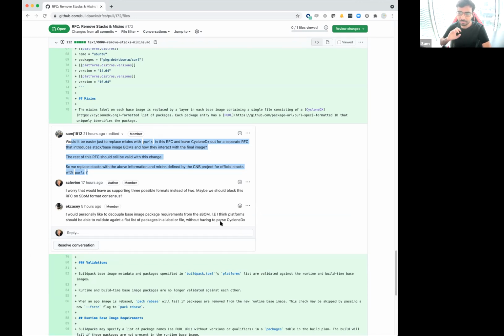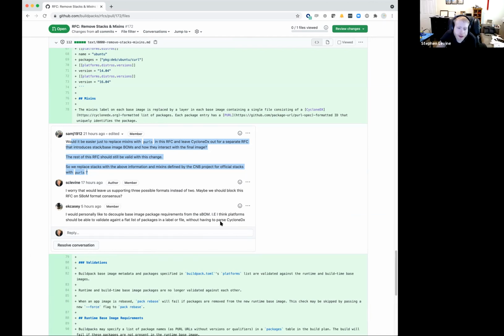It would be decoupled from how it's represented in a file, which is the BOM. So I guess you could also argue that if that happens in the future, the lifecycle could just take a look at the CycloneDX BOM and convert it to the SPDX one, whatever. But I don't know, it just feels like maybe this RFC should just say that Perl is the identifier for packages and then leave a separate thing for how this file is generated.